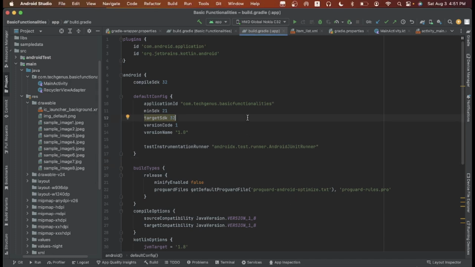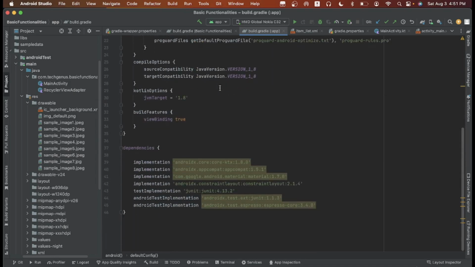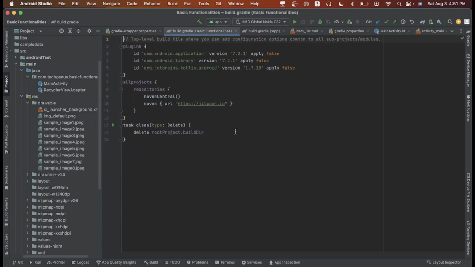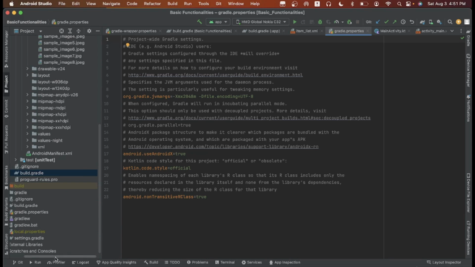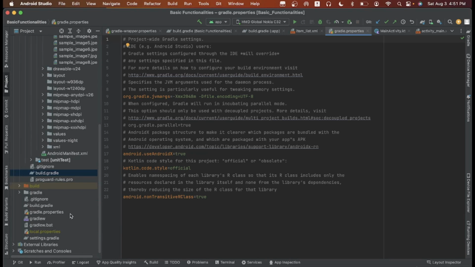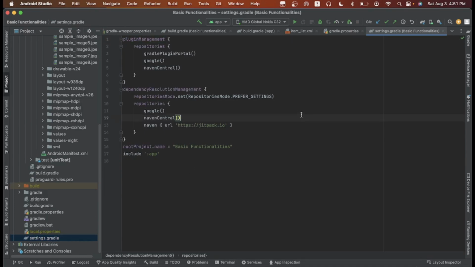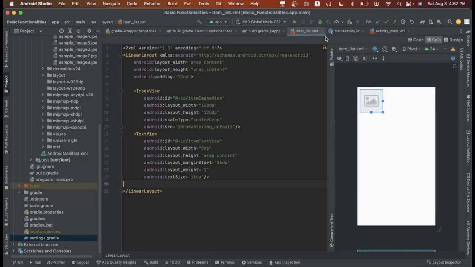For the setup, here is the basic project: the build Gradle, the Gradle properties, and the settings Gradle.